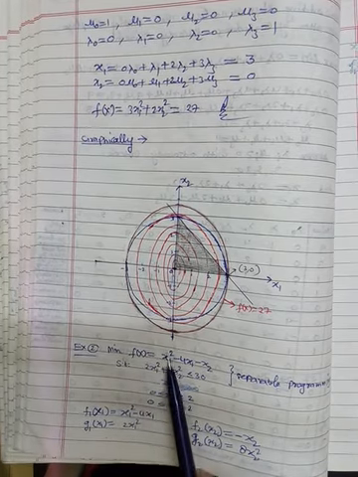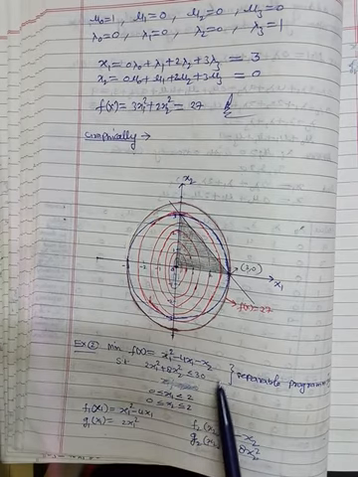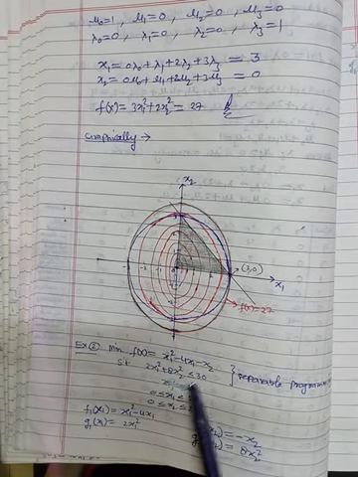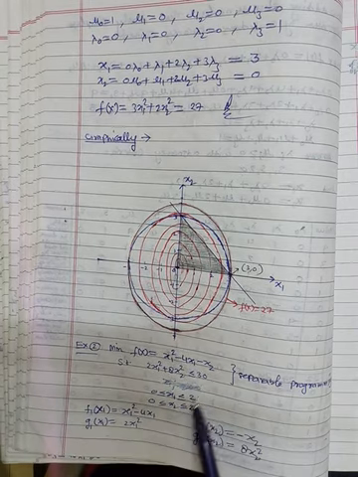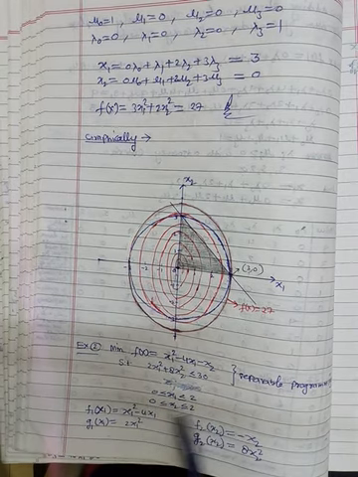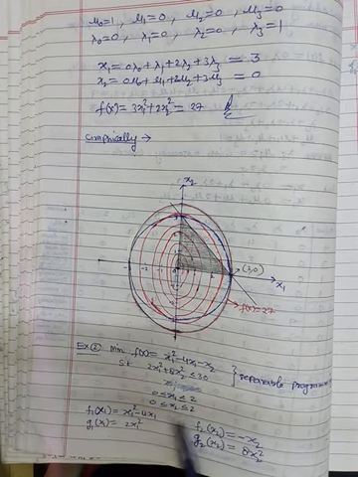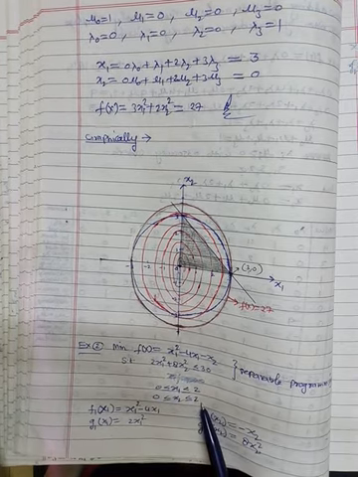Now second example is this. Minimum of f of x1 is x1 square minus 4x1 minus x2, subject to 2x1 square plus 8x2 whole square is less than or equal to 30. And here bounds are already given to you. x1 is in between 0 and 2, x2 is also 0 to 2. Fine.